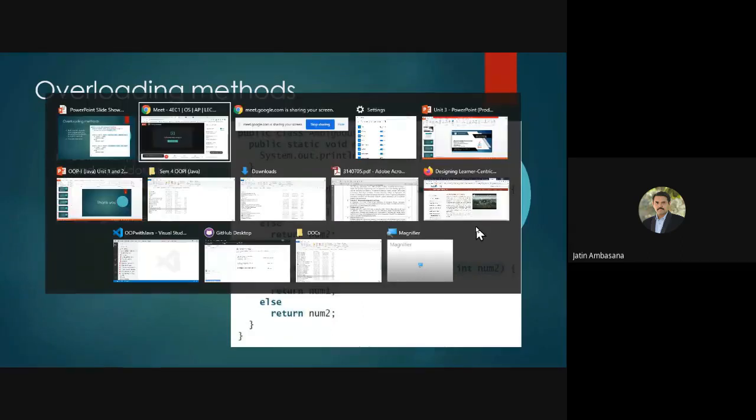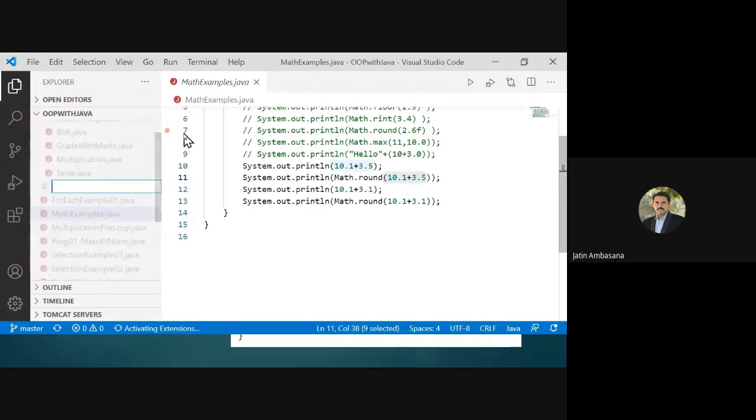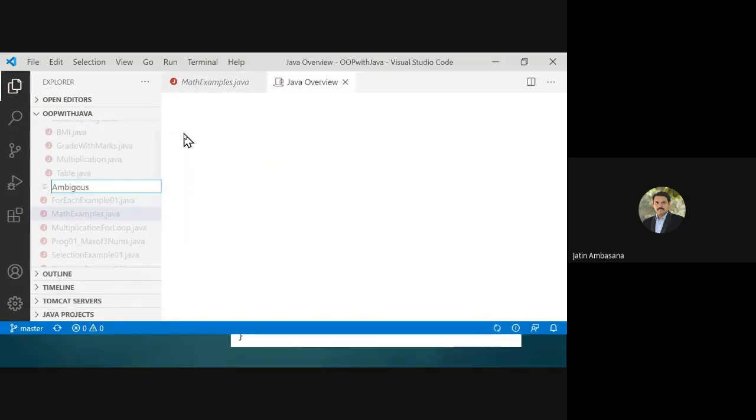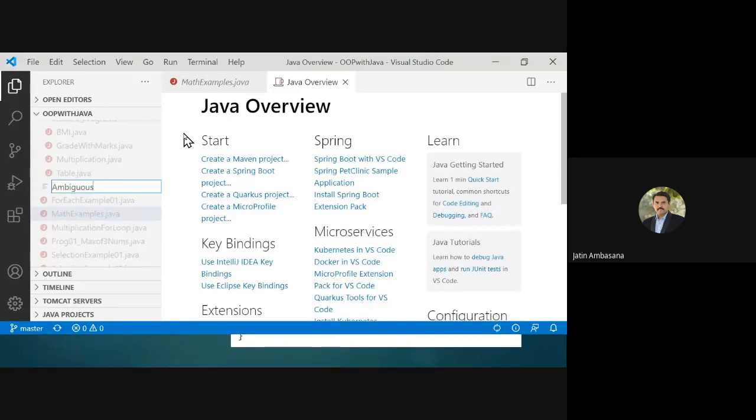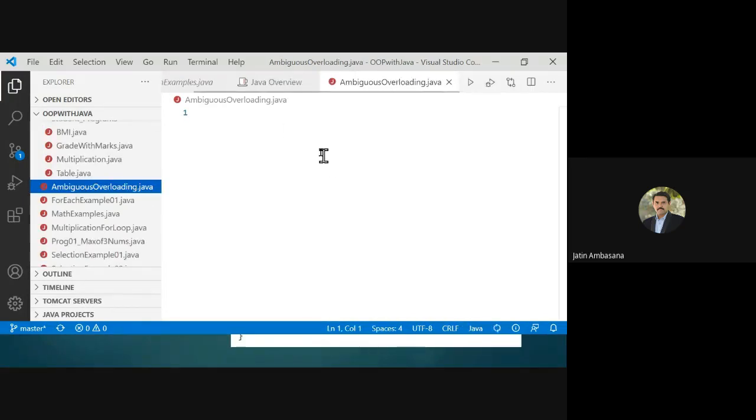Let us create a program specifically. So here we say new program called ambiguous overloading.